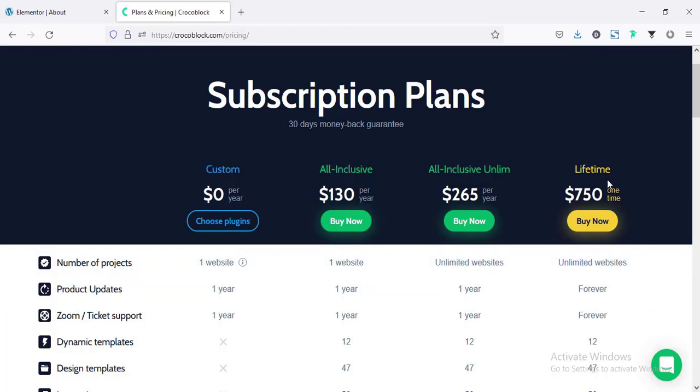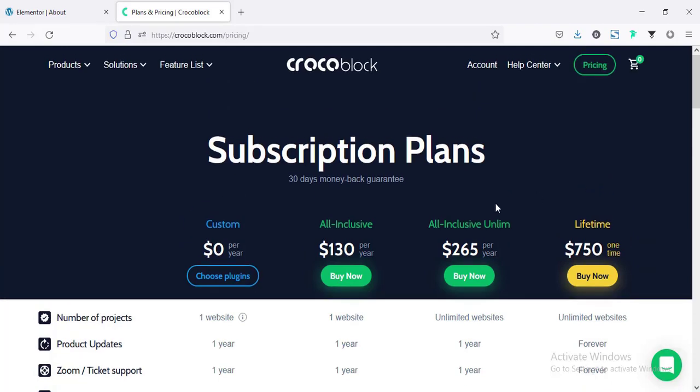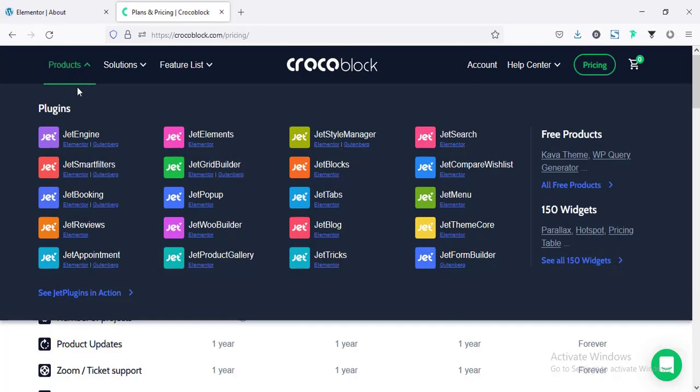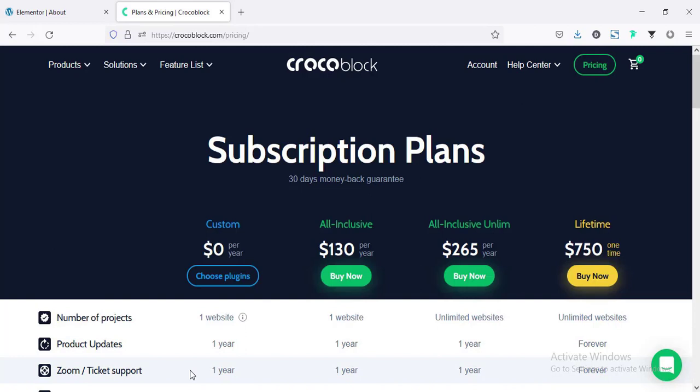So if you have only one website and you need some specific plugins, you can purchase only some specific Jet plugins from here, or if you work for different clients for a long time, in that case you can purchase their unlimited website plan, or even their lifetime plan. That will be a great investment in that case. For example, if you purchase their lifetime package and you work for at least 20 clients, this price will not be so much for you.